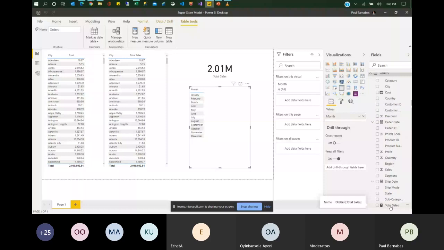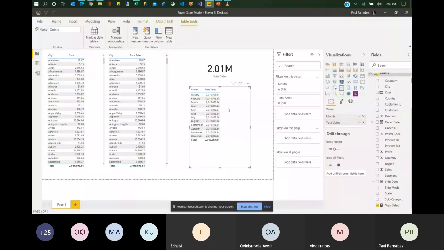So with this, I can bring in my measure that I just created, total sales. I can bring it in here. So notice something. The idea was that I want to be able to split my sales number by this new table. But who can tell me the reason why I am having the same numbers repeated all through? As I explained, I'm expecting my filter context to take place at this point. I want this value to be split by the month. So who can tell me what's going on here?